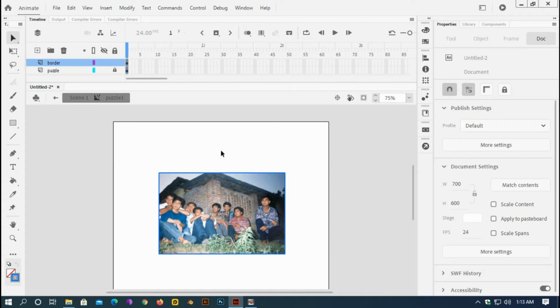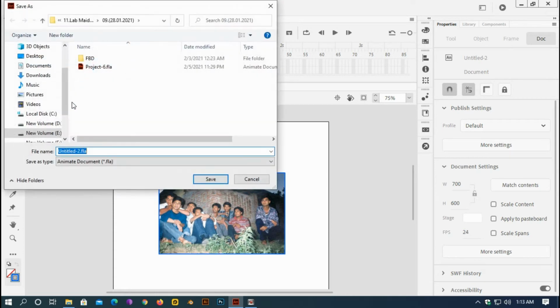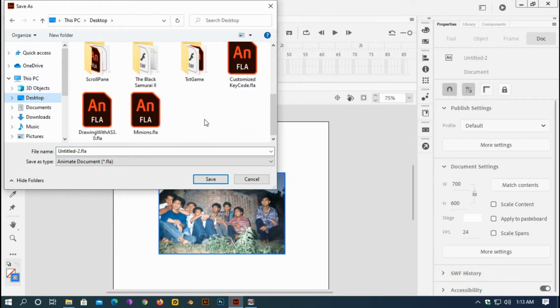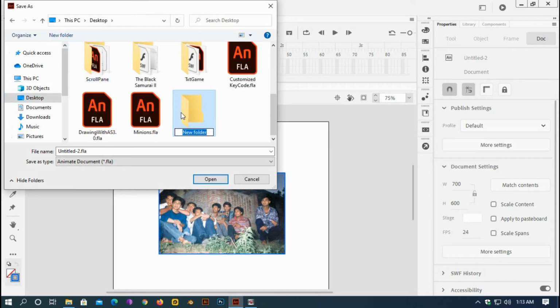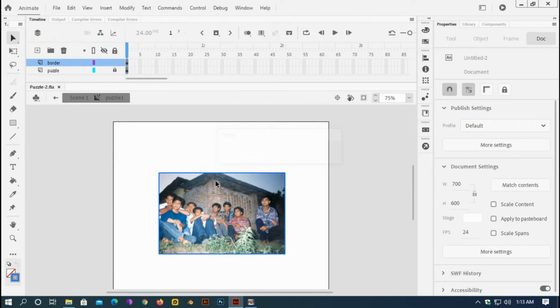But first I have to save this file. So File, Save, and I'll save it on my desktop. Here I'll create a new folder saying puzzle 2. Selecting the folder, I'll go inside and give the file name puzzle 2 and press save. The file has been saved, and now